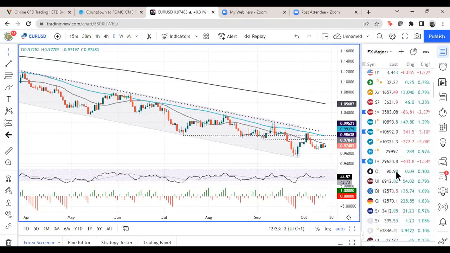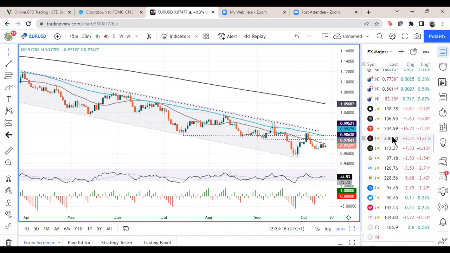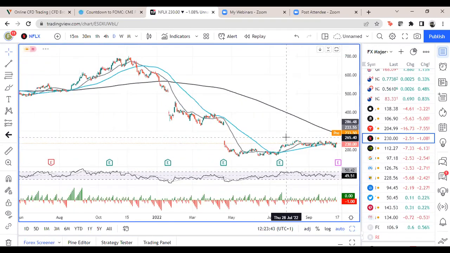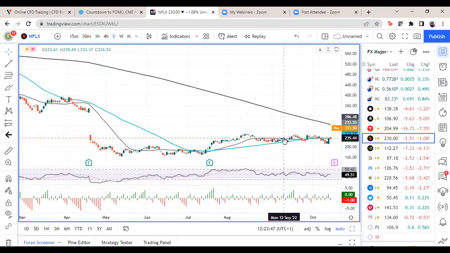And similarly, if we just have a look at Netflix, just briefly, the chart is obviously pretty horrible after the first quarter earnings, if you remember, and a massive tank in the stock, and we're back to pretty much that gap level around 230, 230 close, 235 around there. Charts don't really help that much in this sort of area. Obviously, not looking pretty. And really, the focus will be on these subscription numbers, and then any talk about the potential ad-based version of Netflix. Can't add too much on the chart, but if we look at Tesla,